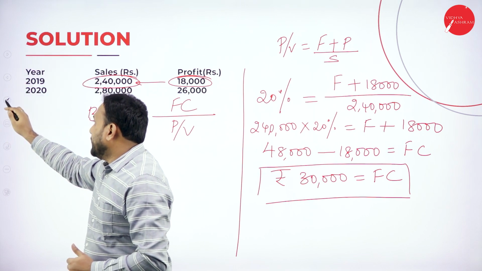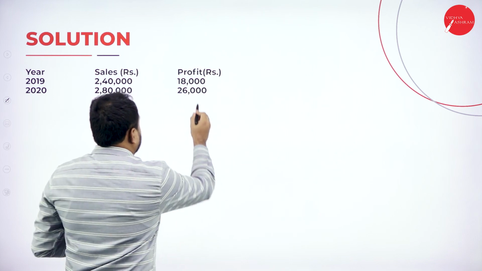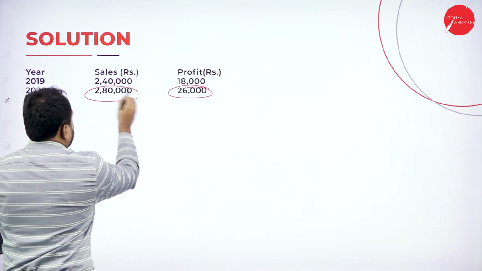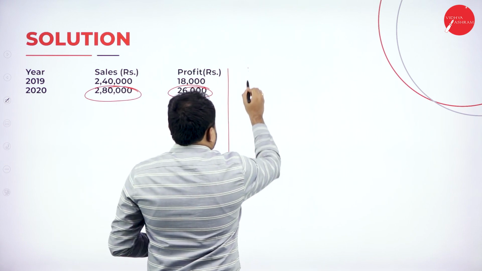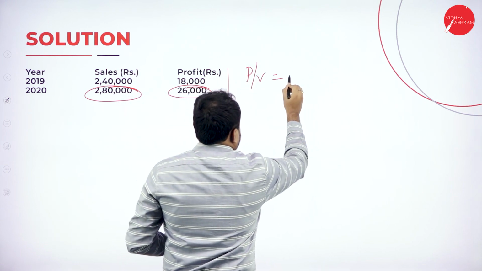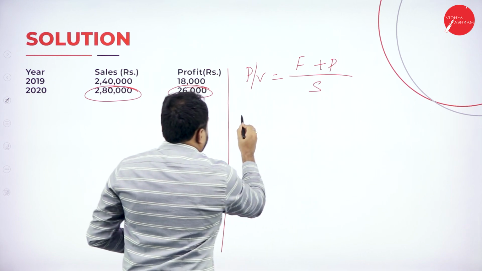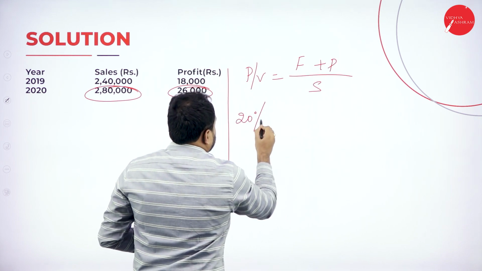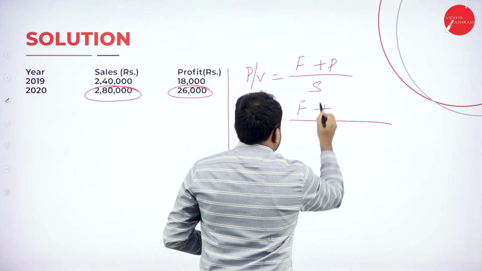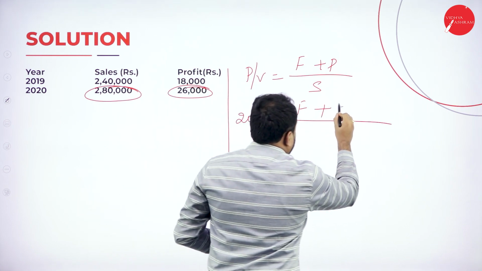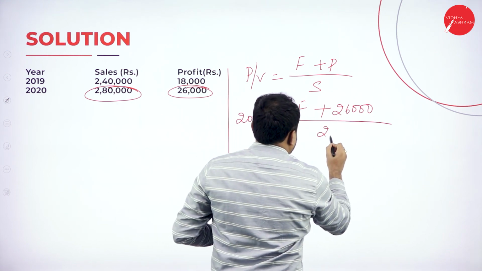Now we will delete everything. Done. Now we'll take these two. Now the formula is the same. We'll again divide here. PV is equal to F plus P divided by S. Now PV is how much? 20% is equal to F, which I don't know, plus profit. I'm taking 26,000 and sales I'll take